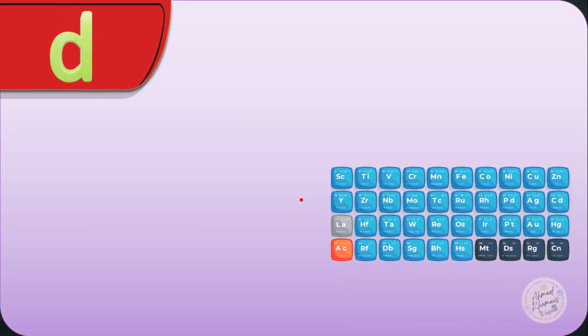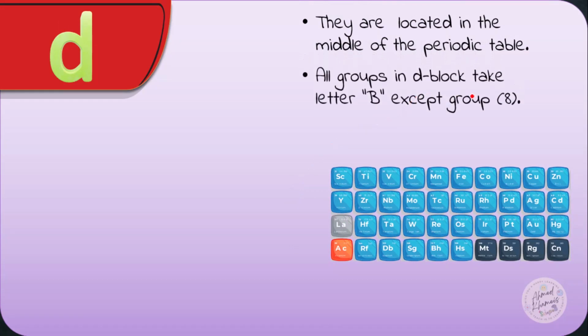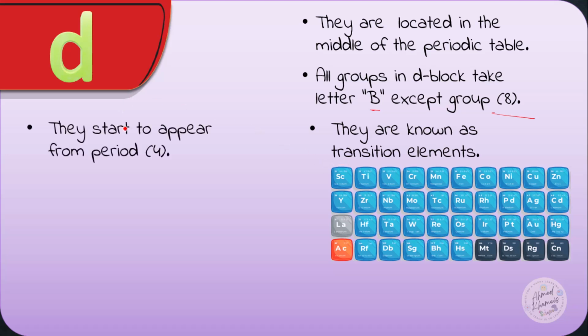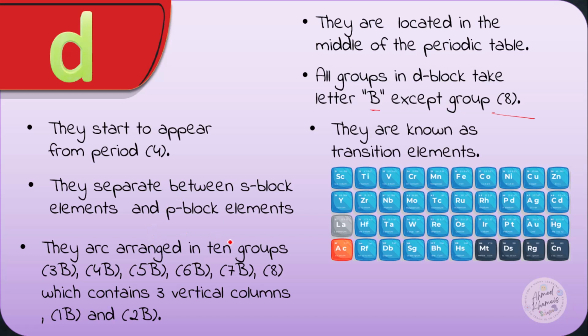The D block is located in the middle of the periodic table. All groups in the D block take the letter B except group number 8. They are known as the transitional elements. They start to appear from period number 4. They are located between the S block and the P block, and they are arranged in 10 groups starting from